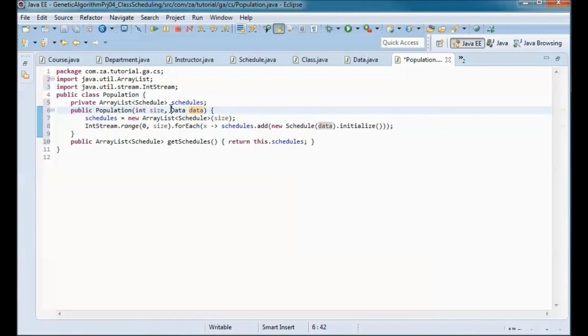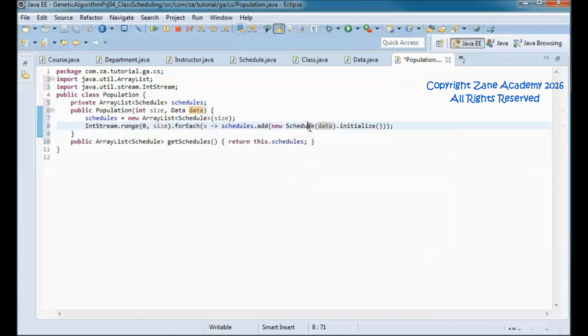And we use that data instance to pass it to each schedule we instantiate, and then we call initialize on it. And we use the size for the size of this array list of schedules when we instantiate a new instance. So here we are instantiating schedules and initializing them and adding them to the schedules array list.